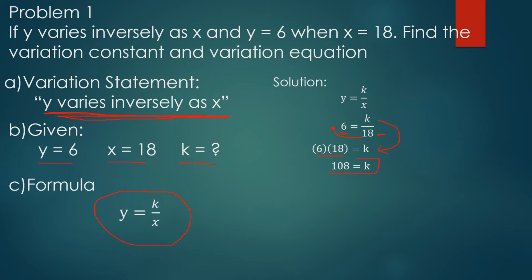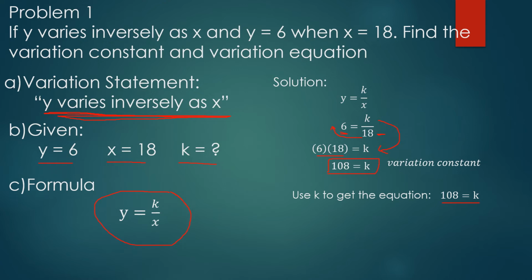So, that will be the value of your k. So, you have now your variation constant. Okay? So, product siya. Product. Okay? Na-multiply lamang ka sa 6 o sa 18. Okay? Now, para makuha po ang variation equation, we will just use the value of k, which is 108,